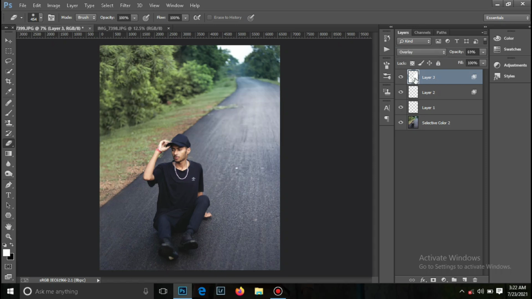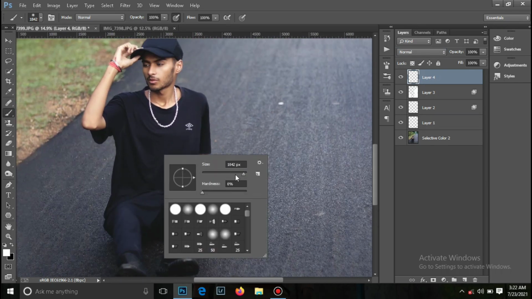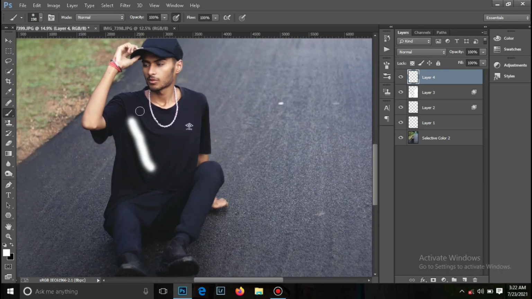So you can do this multiple times, 2 or 3 times for different parts of your pictures. And also you can do the same for your clothes. Make an empty layer, and if you want to darken it, you can give some dark definition, and if you want to brighten it, just paint on bright areas